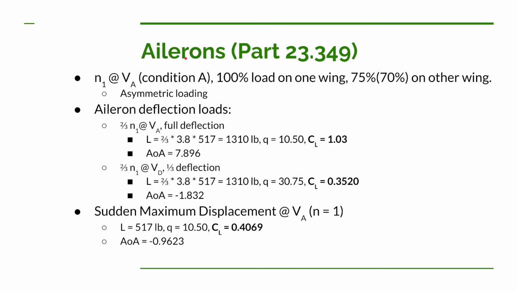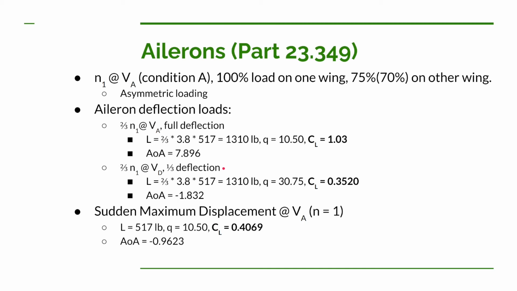So now we're going to talk about other asymmetric loads, which is the ailerons. And by the way, you can find this stuff in part 23.349. So there's two conditions we're really interested in for the most part. There's one condition where we are flying at 2/3 of N1 at our maneuvering speed, and another condition where we're flying at 2/3 of N1 at our dive speed. Now, on the first one, we're worried about what's going to happen to our spanwise loads at full deflection. On the second one, at our design speeds, we're only worried about what happens when we deflect our ailerons 1/3